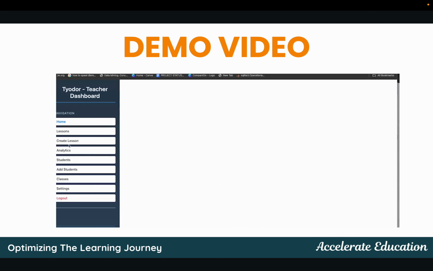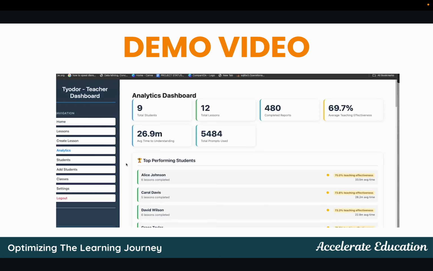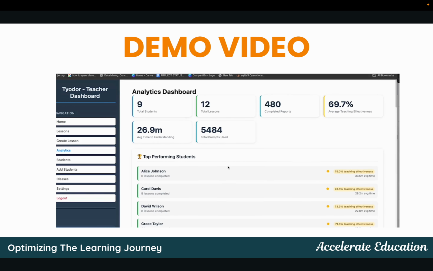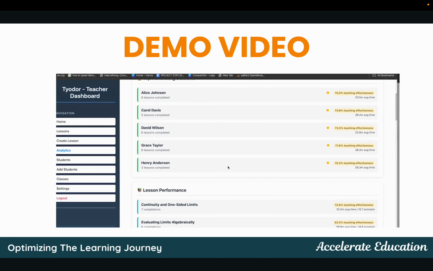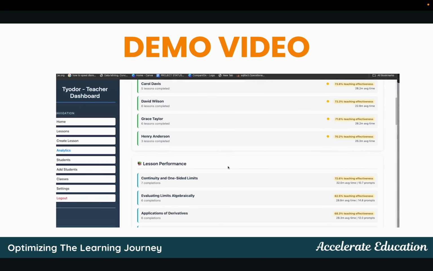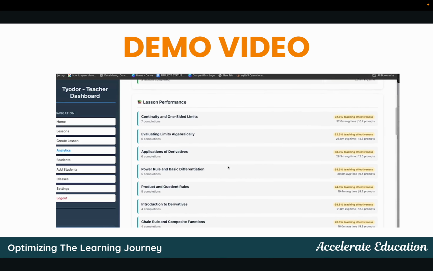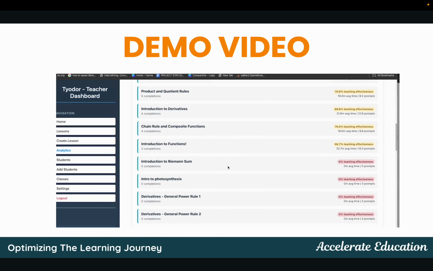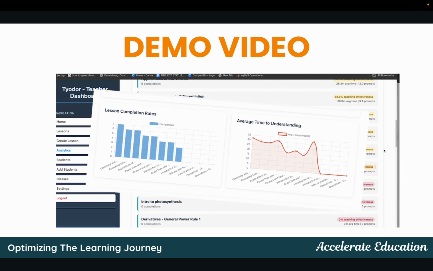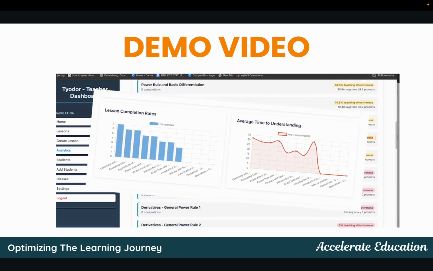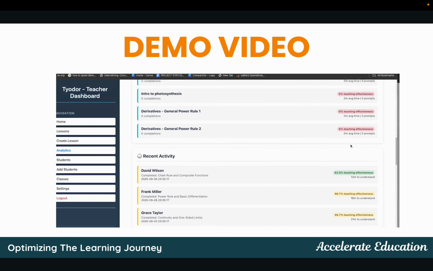And then the teacher is able to look at insights gathered by AI of the AI interaction with the student. And so there's average time to understanding, as well as average number of prompts that was used by the student to get Theodore to understand. There's a comparison between lessons as well. Teachers can look at the effectiveness of their teaching, or of the teaching to Theodore, to determine whether they should reteach a lesson or not.